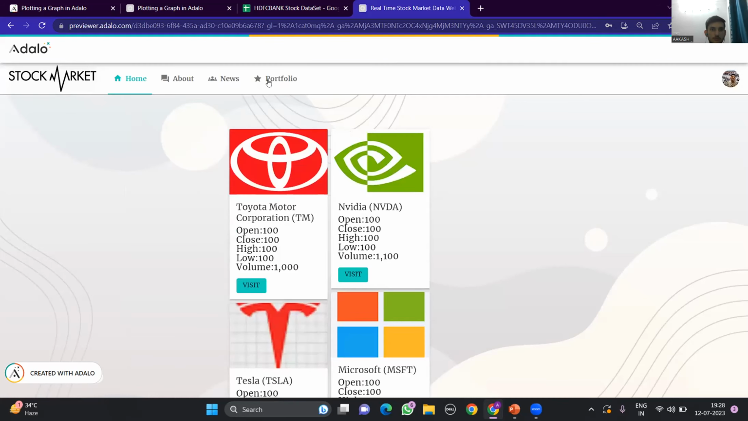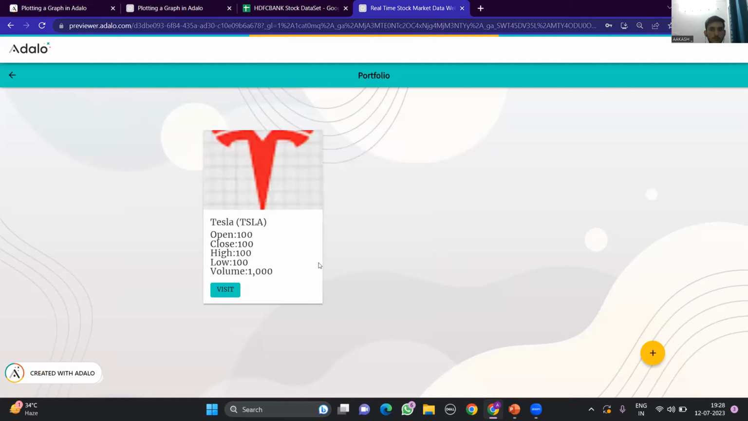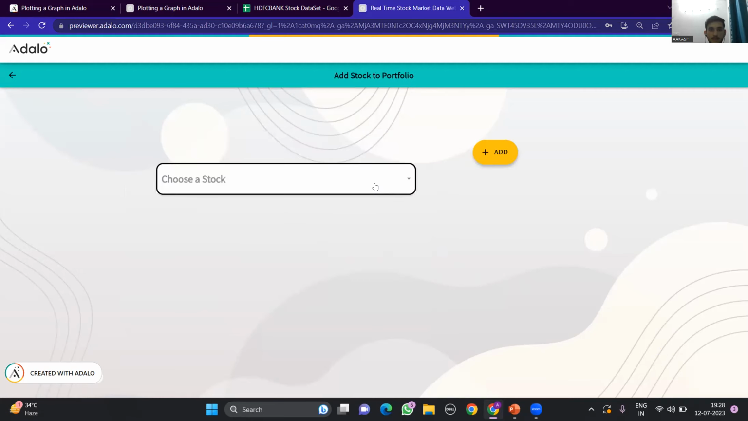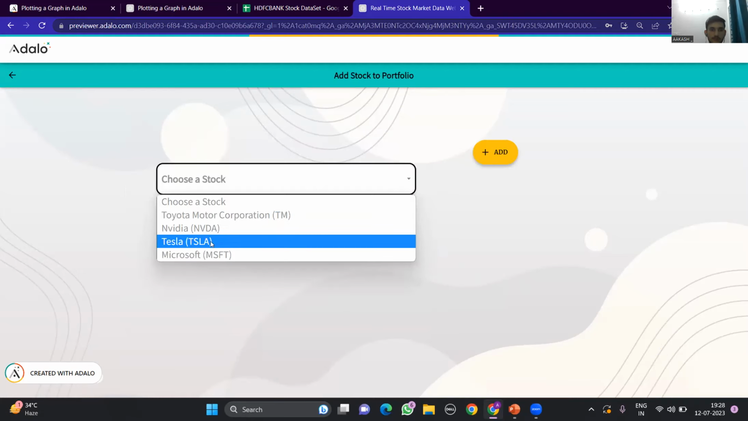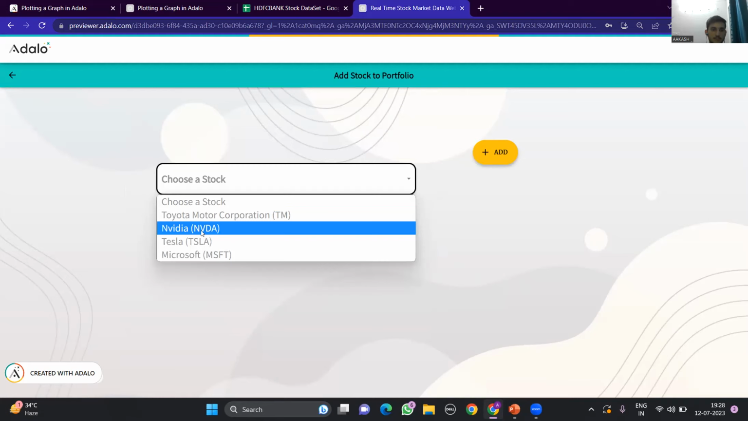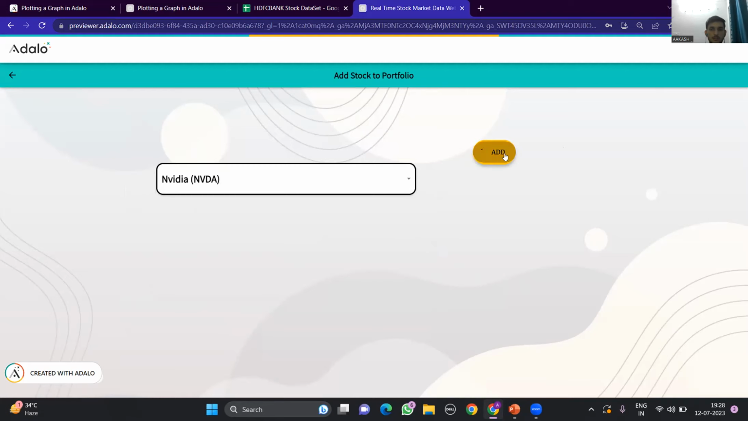And then I'll be showing the portfolio. Once you click on this portfolio, it will display your portfolio. Currently you have only one stock, and once you click on the plus button, from the drop down you choose any particular stock. I choose, for example, NVIDIA. Once you click on add,